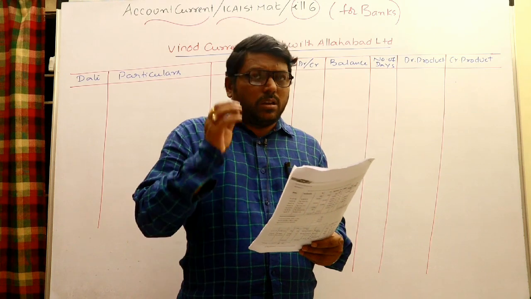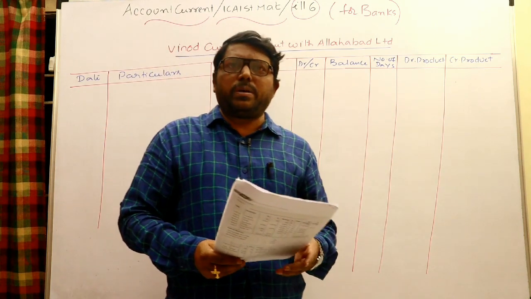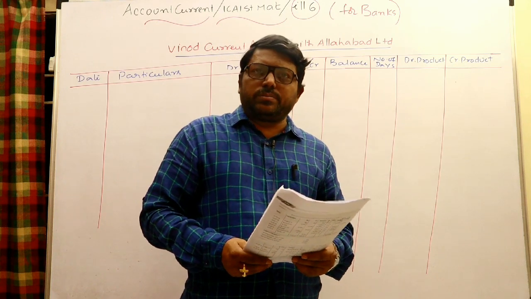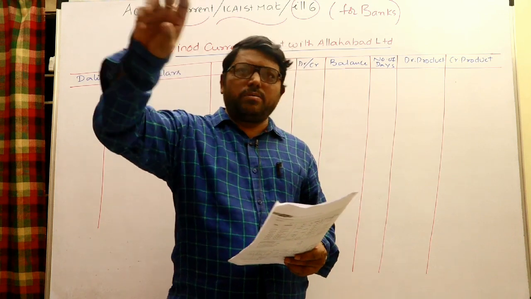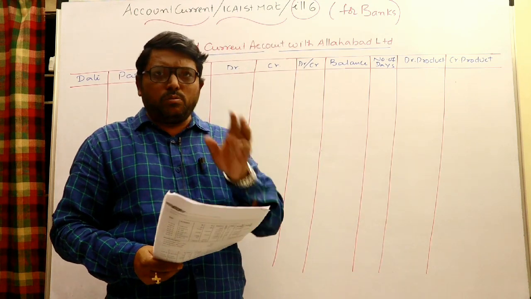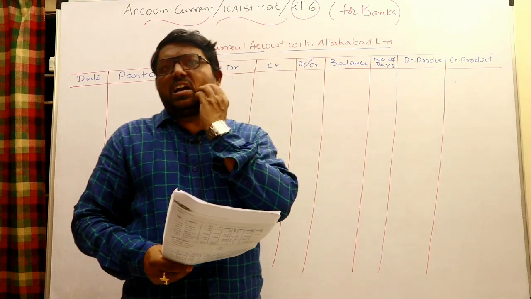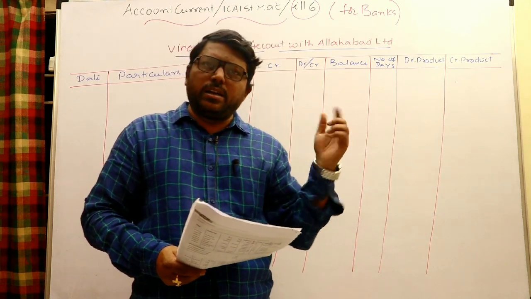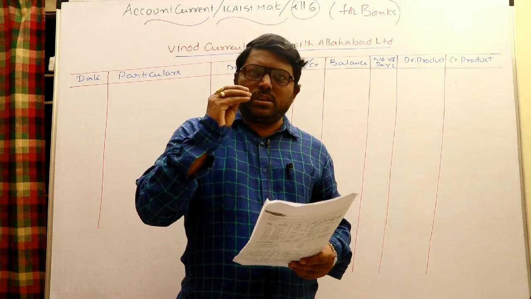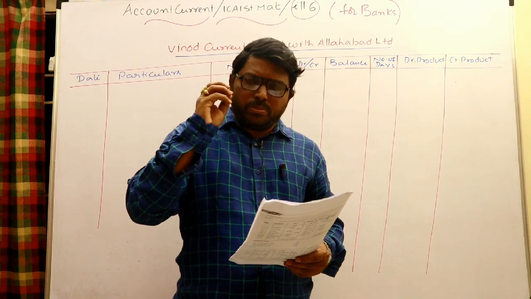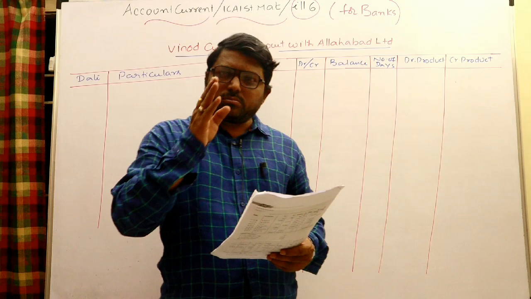For example, when Andhra Bank is going to prepare X's account current, obviously X's name will come at the beginning and Andhra Bank's name will come at the end. Who prepares, their name should be written at the end, and whose account current is to be prepared, their name should be written in the beginning. While making the entries, you always have to think from the point of view of the one who is actually preparing.